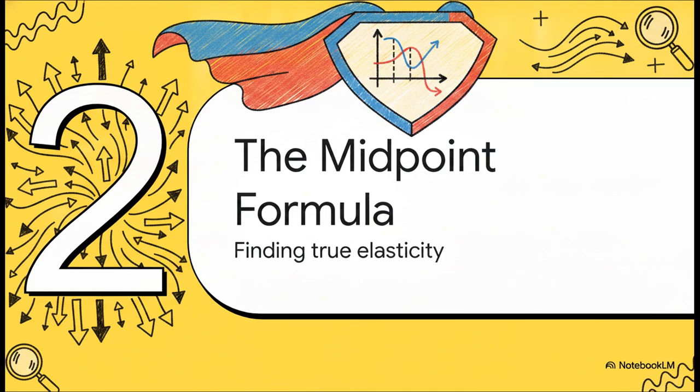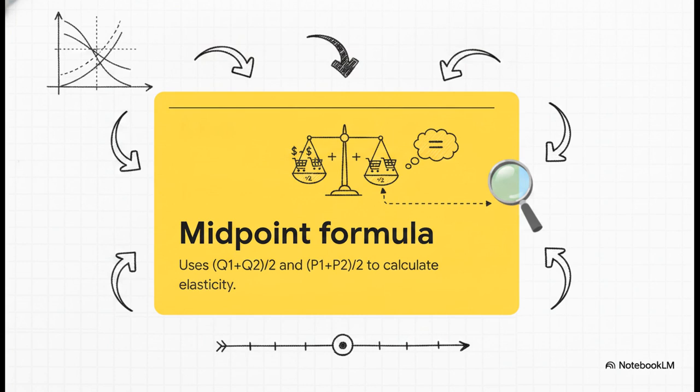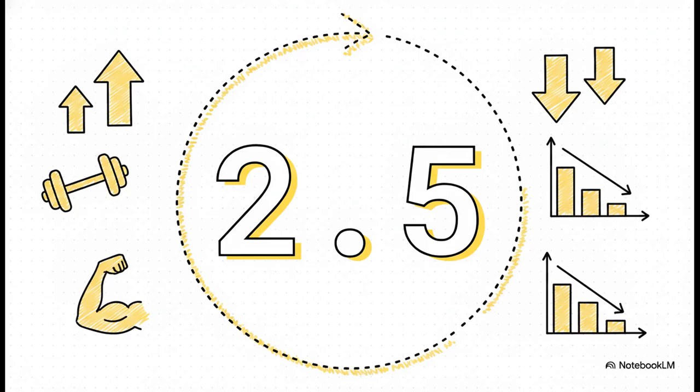Enter the midpoint formula, our tool for finding true elasticity. To address this really frustrating mathematical flaw and give us numbers we can actually trust, economists developed a sort of hero metric. We need a way to measure demand sensitivity that honestly doesn't care if prices are going up or down. So instead of dividing your changes by your starting price or your starting quantity, this midpoint formula calculates elasticity by dividing the change in quantity and the change in price by the respective averages. You're essentially finding the exact middle ground between where you started and where you ended. By averaging those starting and ending figures, this formula gives us a consistent, rock-solid coefficient no matter which direction the